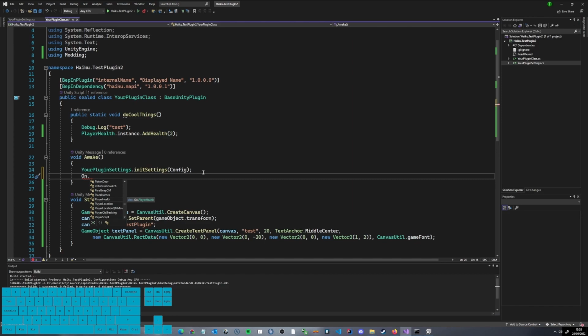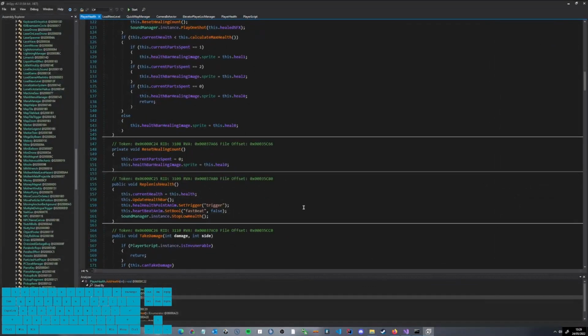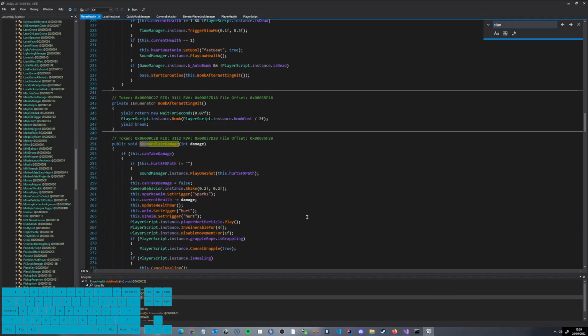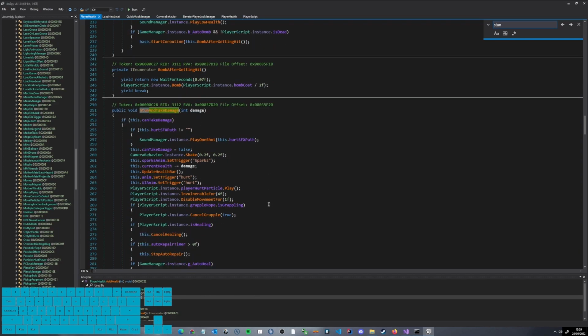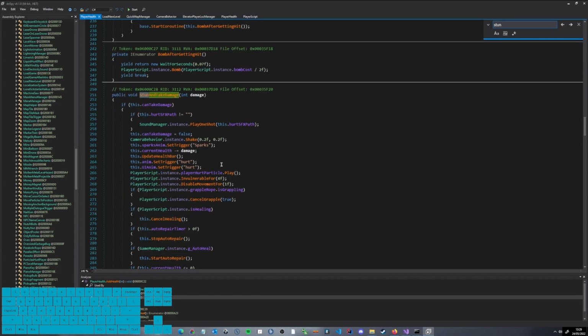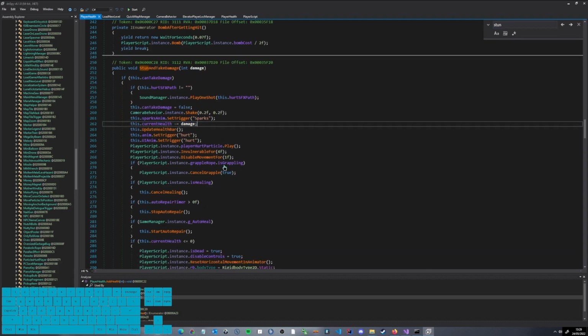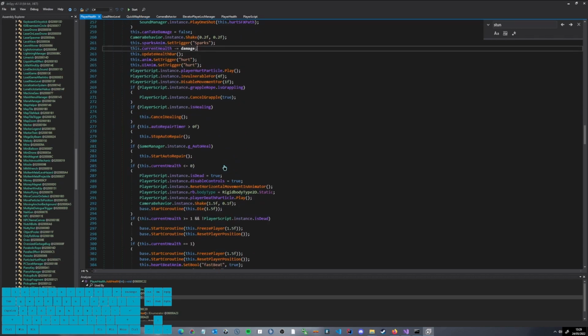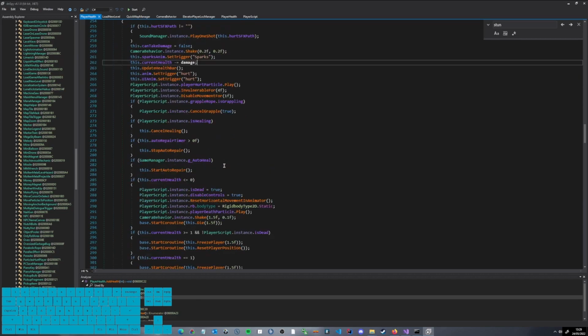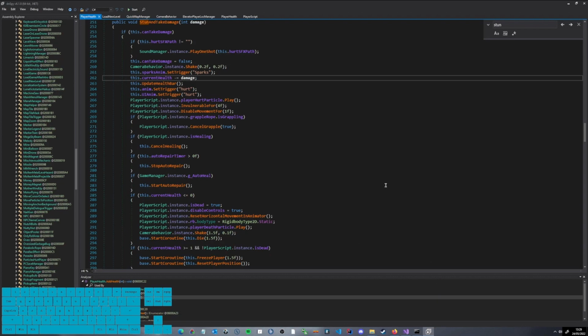For example, we can do on player health, and we can actually just look into here real quick, and we see stun and take damage, and we see that it just decreases the current health right here, and it also does a lot of animation stuff and whatnot, and also checks if you're dead, which is kind of neat. So I don't know, why not?